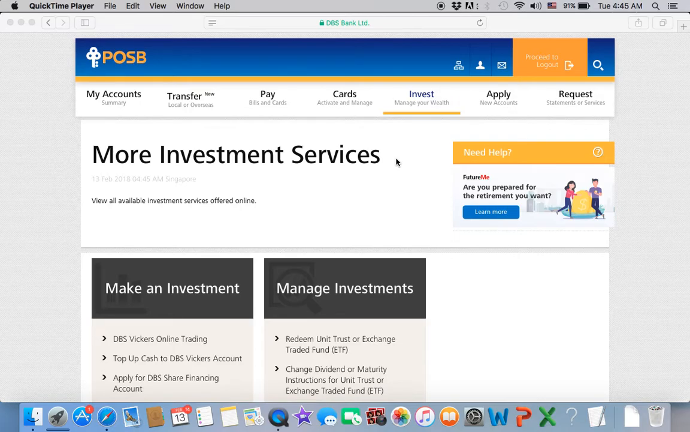Okay, hi guys. Today I'm going to show you how you can automate your investment plan. In short, I call it the regular investment plan, RIP. So what you need to do is you need to have some cash in your bank account and POSB